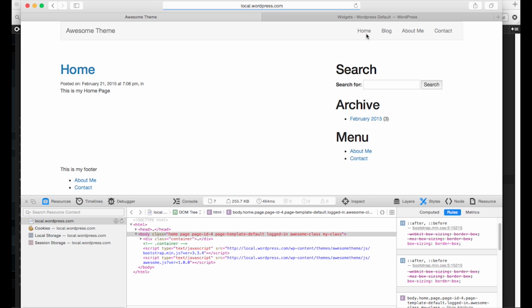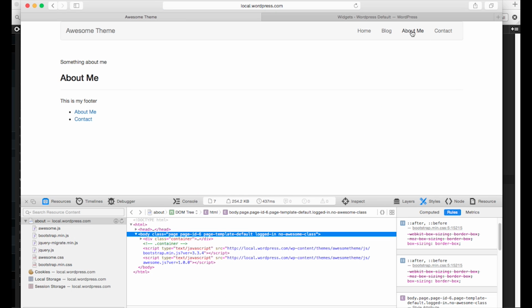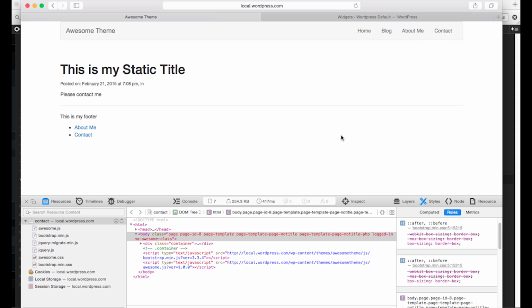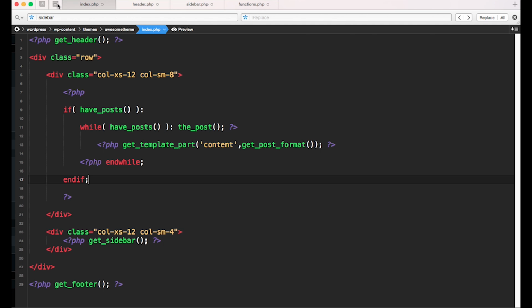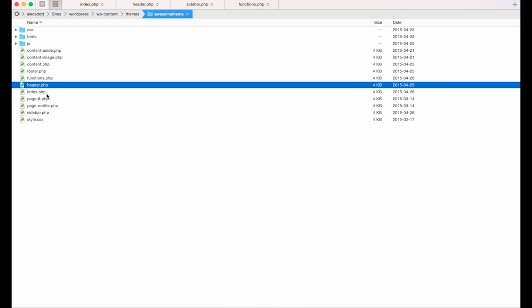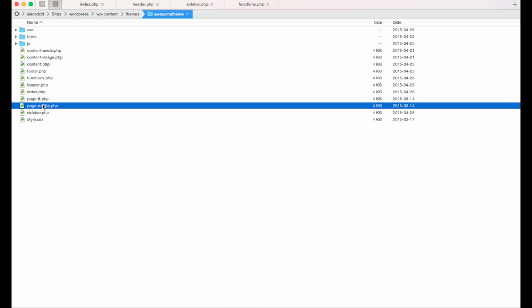If we access the home page, it's going to have the same structure. And if we access another page, the About Me or the Contact page, it's not going to have the same structure and the sidebar doesn't even appear. Why is it happening? Just simply because during the previous lesson, we created some specific pages for our theme. So